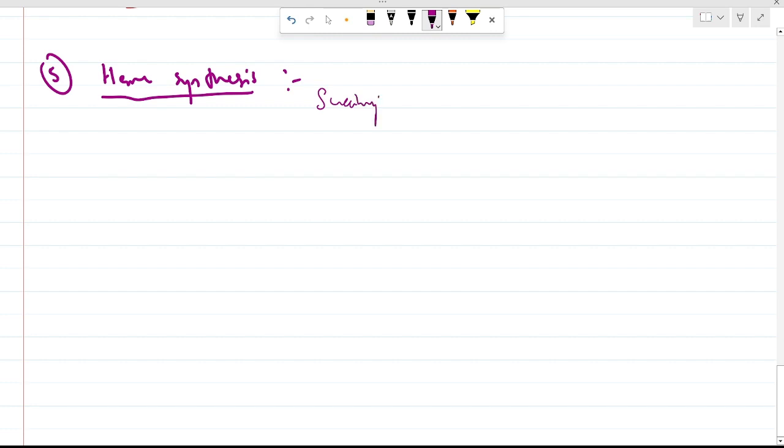Next, the fifth one we are going to discuss is heme synthesis. PLP is also involved in this heme synthesis. How we are going to see? The starting substrates for this heme synthesis are succinyl coenzyme A combined with the amino acid glycine. This enzyme is